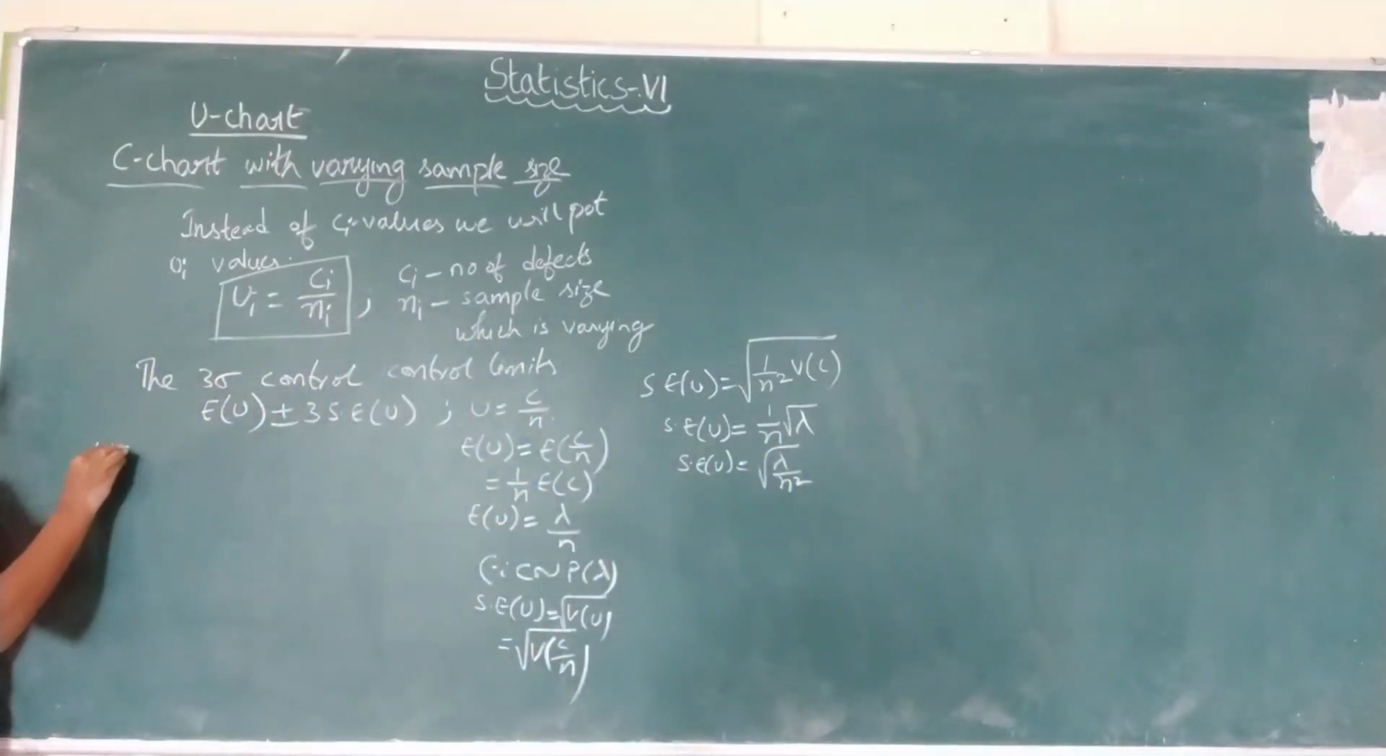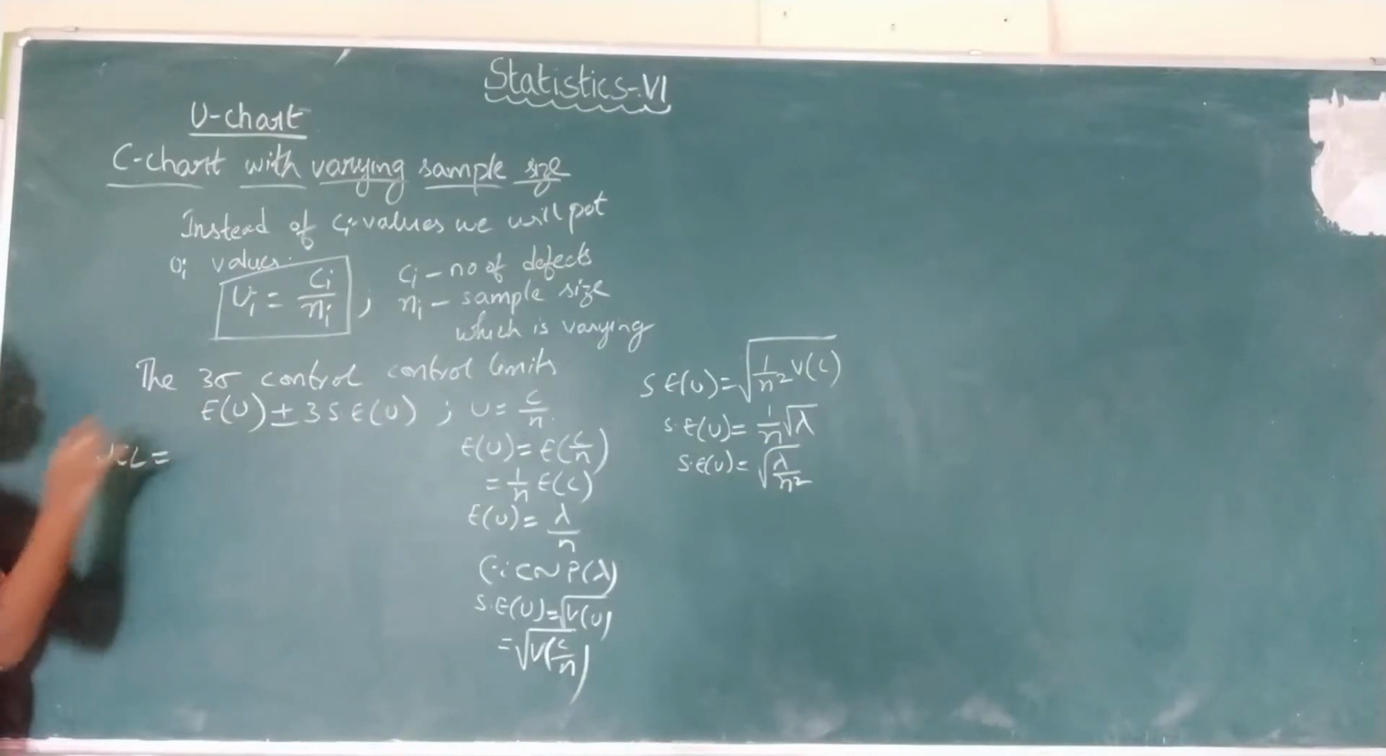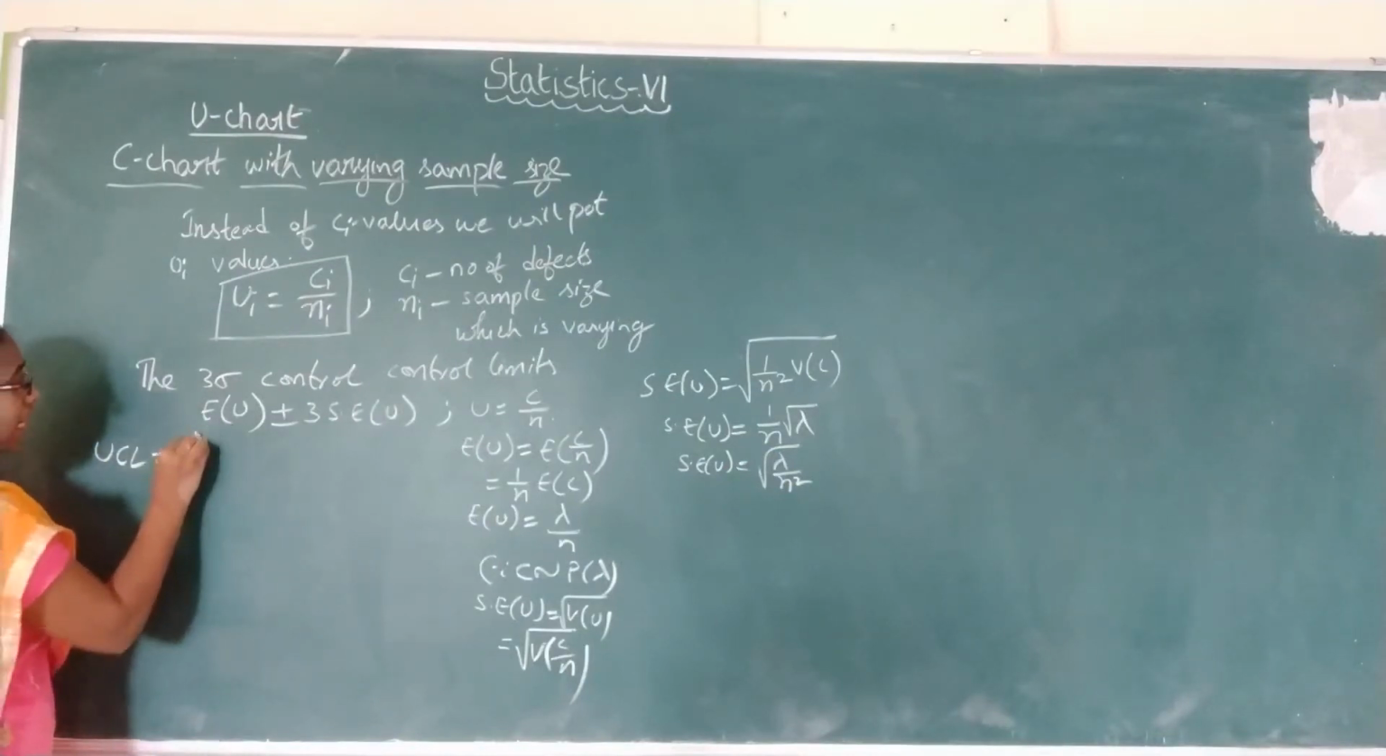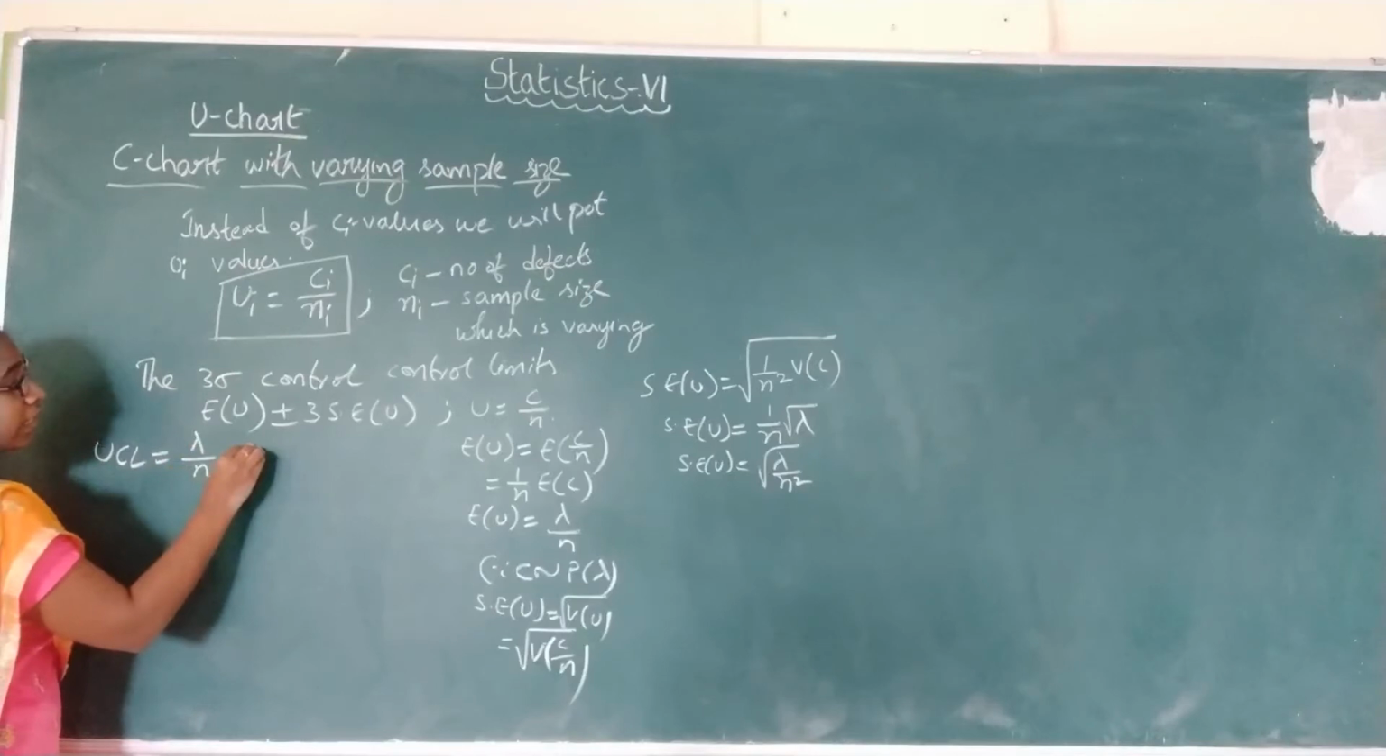So what are the 3 sigma control limits now? UCL equals the expectation of U, which is lambda by N, plus 3 into